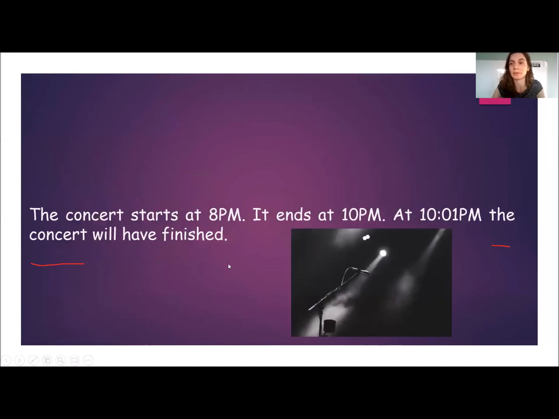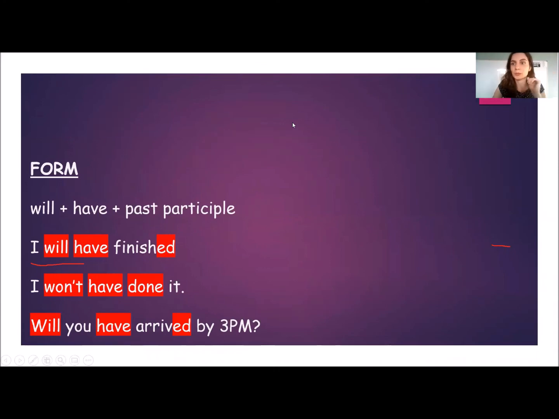So now let's have a look at basically the form of this future perfect tense. As you have probably already noticed, again, we will use will here. Just like with the future continuous tense that we have just had. So it's always will, then have, and then the past participle form of the verb, right? So for example, you can say, I will have finished something. Again, it works the same with all the others, like you, he, she, and so on. So you will say, he will have finished, or they will have finished. It always stays the same.